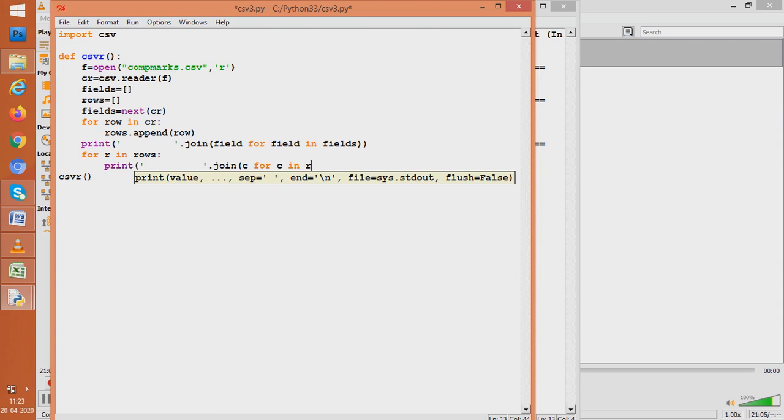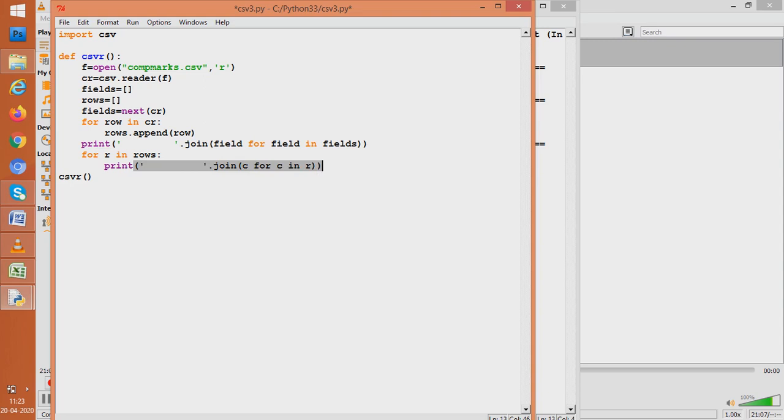So we do this. As we do this, what happens? Things which come one by one get shown due to the print function. How is it going to be shown? After getting joined at a gap of 10 spaces. So first 1 would come, then Amit would come, then 80 would come for our case, and it would get joined at a space of 10. After this, the second row would come, and that would also be joined in the same way and shown. So every row comes, gets joined and is shown here in the file.